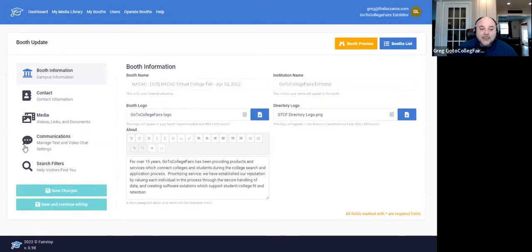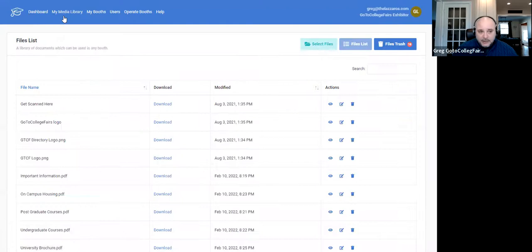And these are the important things. These are the things that matter. Before we get to filling each of these out, the first thing that you want to make sure you do, and this goes for all of your booths, is populate your media library. And what's your media library? Your media library is all the content that you would have. Think of it as your boxes of materials that you would be shipping from one event to another. So this is your content that you will be able to use for one of your booths, all of your booths.